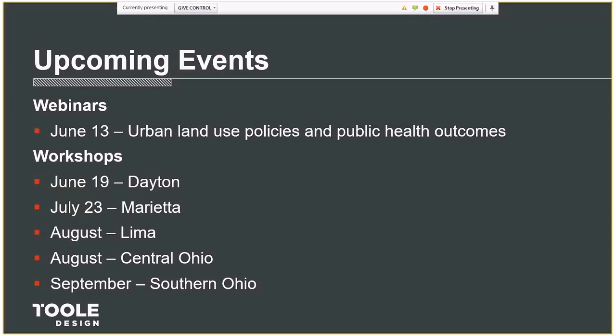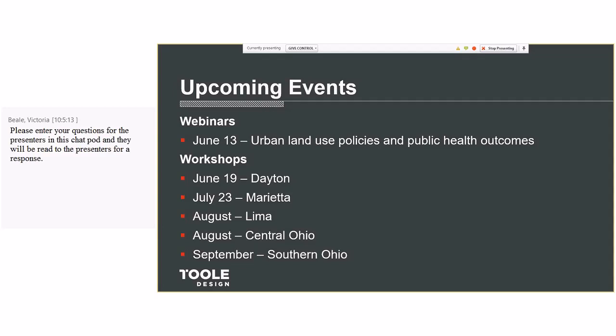We're excited to be partnering with a bunch of MPOs to host these. Anyone is welcome to attend these, and I highly encourage you to find a community partner to bring with you to these workshops. These workshops will allow you to help build important cross-sector relationships between health and land use professionals. Our next one will be on June 19th in Dayton, and we're partnering with the Miami Valley Regional Planning Commission. And then on July 23rd, Buckeye Hills is co-sponsoring a workshop in Marietta. The rest of the dates are being finalized now, and you'll be able to access those on the ODH website.